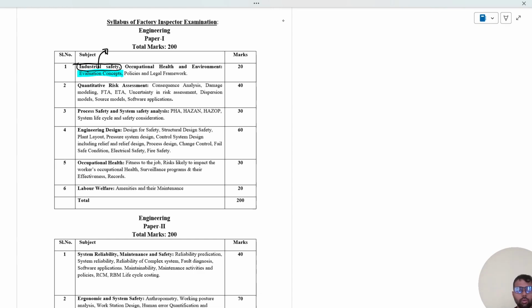Next onward, we will be starting with the occupational health. And in the occupational health also, we will just go over the generalized concept in this topic, because occupational health is going to be covered in detail in here. Occupational health, which includes various subtopics, fitness to jobs, risk